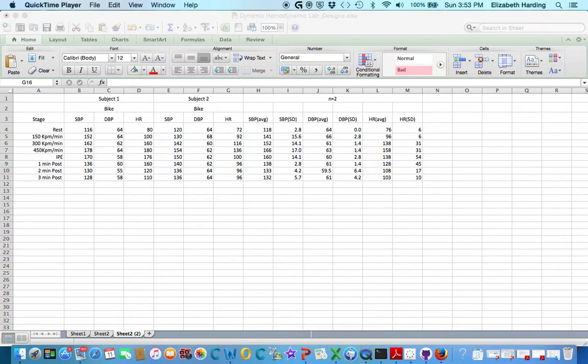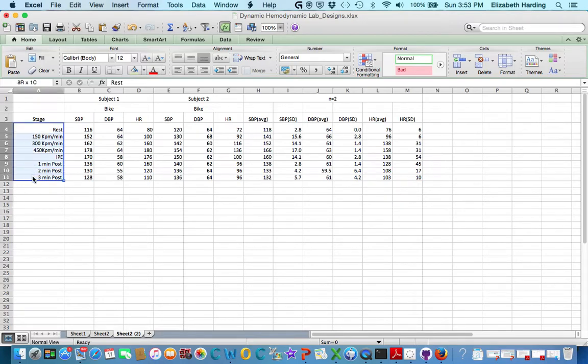The first thing you need to do is organize your data. As you can see here, in my group, we had 2 subjects complete the bike trials. Stages are over here, and I've gone ahead and calculated the averages or means and standard deviations for the variables we're interested in, namely systolic blood pressure, diastolic blood pressure, and heart rate. So we want to graph those 3 variables